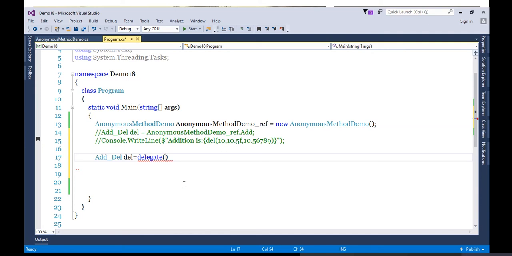Then we'll specify the signature: int x, float y, and double z, let's say. Then we'll simply attach this.